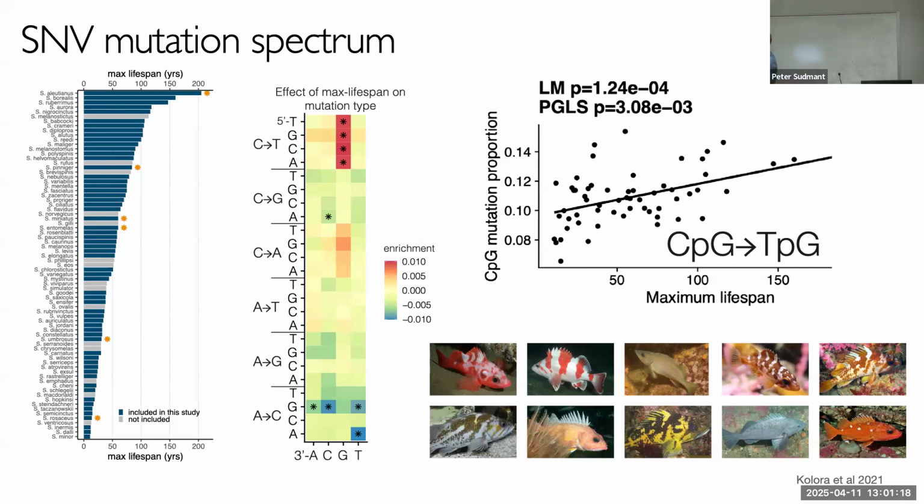And we indeed saw that, right? So the lifespan correlated with the proportion of variants in the population that were CpG to TpG, which I thought was kind of mind-blowing. But what that means is that there's potentially differences in the mutation spectrum in the segregating variation across all kinds of different species, maybe for reasons like how long you live and your body size, but maybe other reasons too, like you're better at DNA repair or something like that, or you've adapted to flight and redox reactions or something like that.